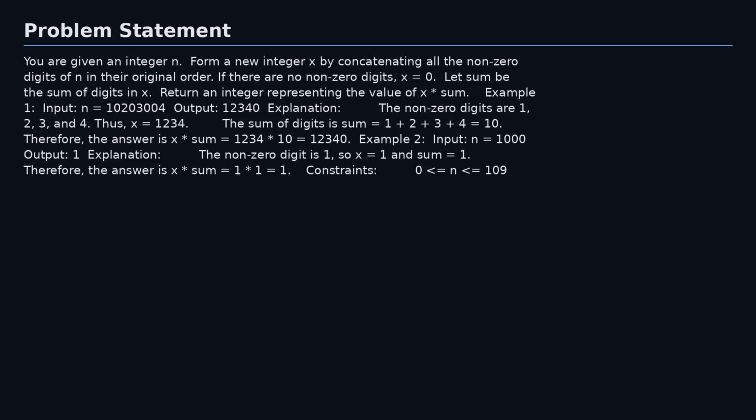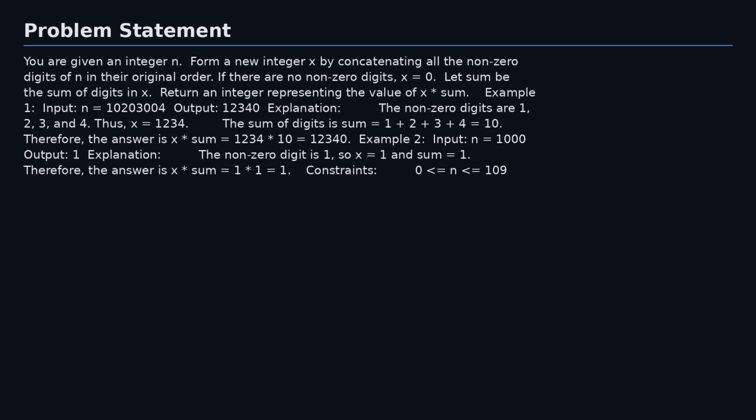The problem asks us to take an integer as input, extract all the non-zero digits from it, and then concatenate them together to form a new integer. After that, we need to calculate the sum of the digits of this new integer and multiply the integer by this sum. It's a bit like a two-step process, where we first create this new integer and then perform a